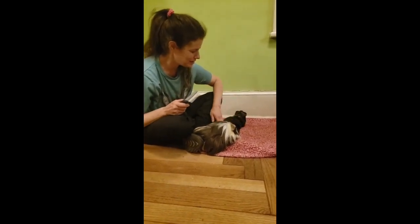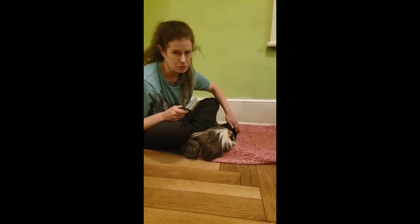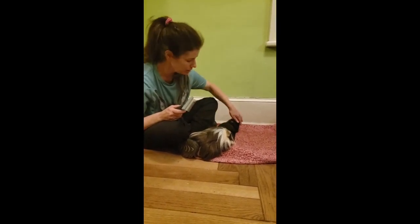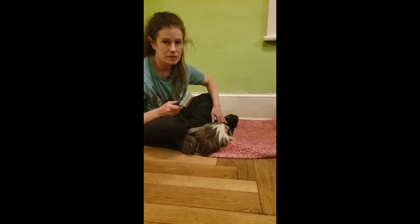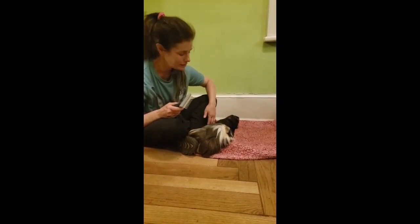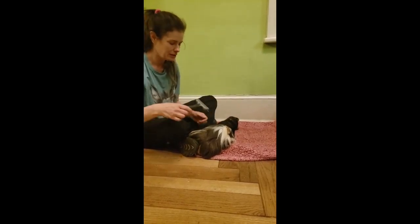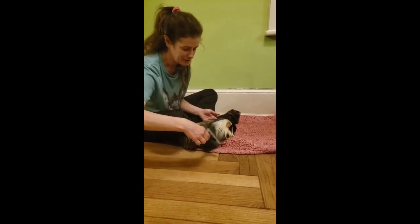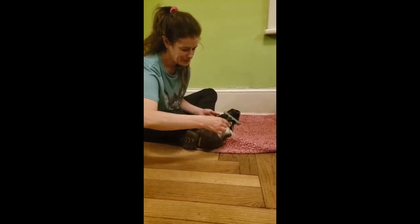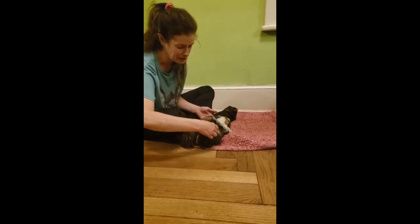So guinea pigs need lots of TLC. They don't like to just sit on their own. They like to be a pair. They like to be together. They're spayed or neutered usually by a vet. But they also need their humans to give them lots of love. So with Harry Potter, with fur like his, we have to brush it. So you can see that he likes it, and it also keeps his fur nice and clean and free of